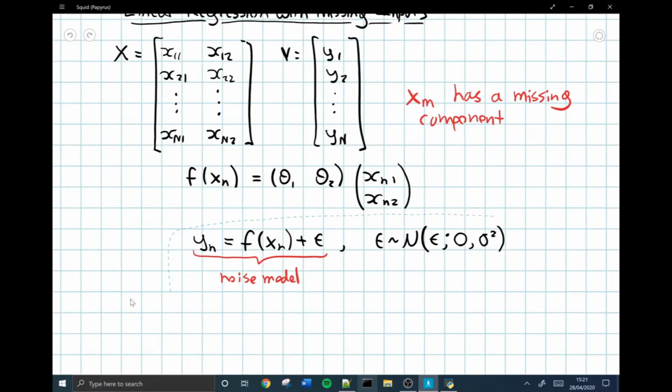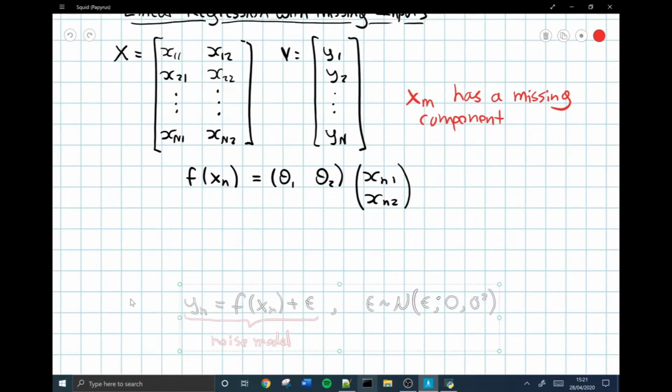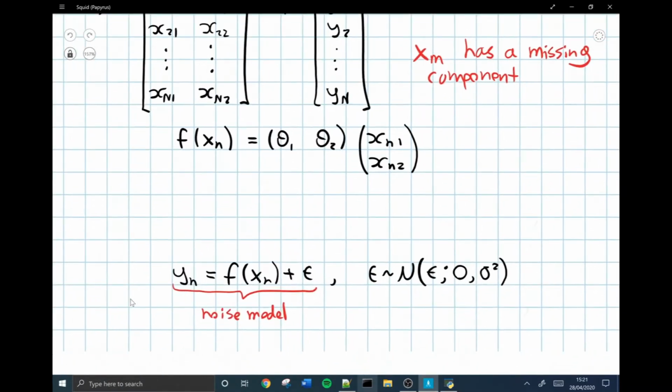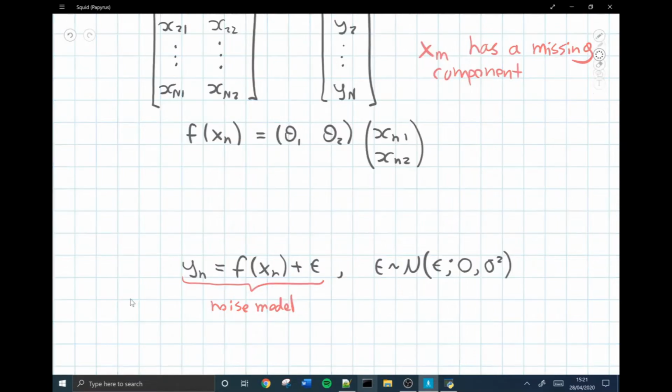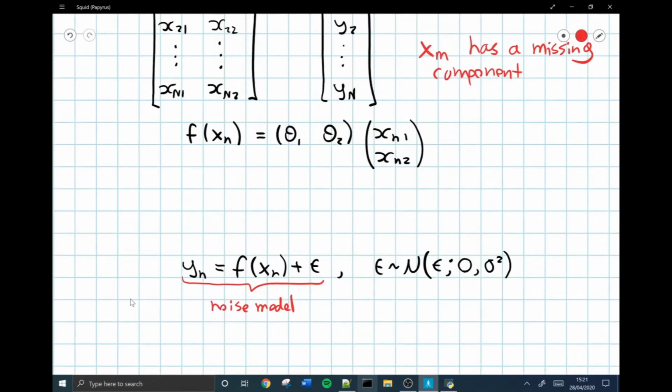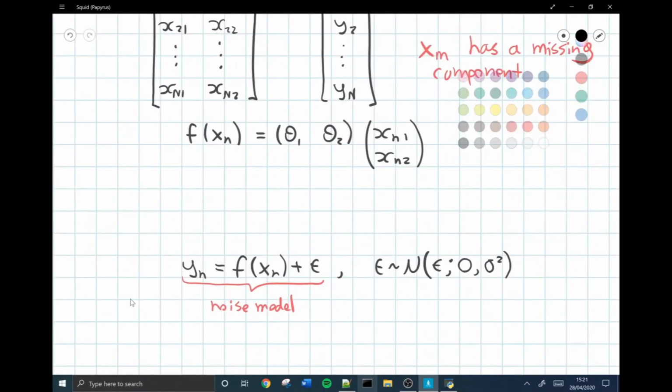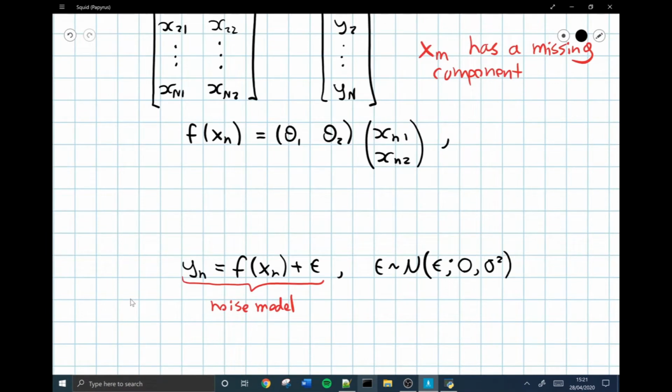So what we're going to do is just correct what we've said about our model. We're going to say that this is true. This fn is equal to these theta1 and theta2 multiplied by xn, the vector xn, but only for the case where n is not equal to m. Otherwise, what we have is